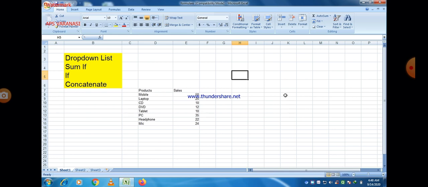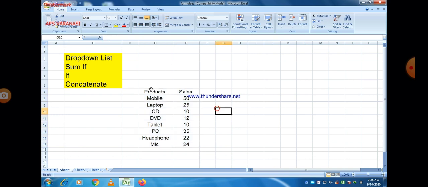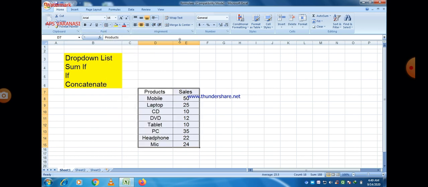First of all there should be a table on which we can apply this function. So certain data should be there, otherwise you cannot understand the concept of these functions. So this is a table, product and sales, a simple table, I think easy to understand. There are different products and sales of different products are also there. Okay, so now I think it is clear, visible to all of you.